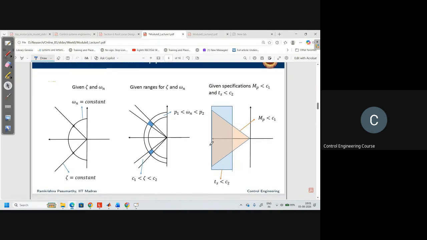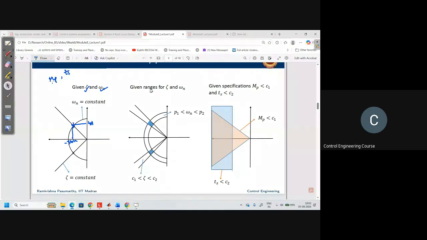So generally you will be given either Mp and settling time Ts, or sometimes they will be given zeta or omega n directly. If they give Mp and Ts, you will convert that into zeta and omega n. So the specification sometimes will be, I want this zeta and this omega n. That is a fixed point, right? So you will find out the location of the dominant poles, that is minus zeta omega n, by using this. Then calculate the corresponding gain K, and you design the controller.